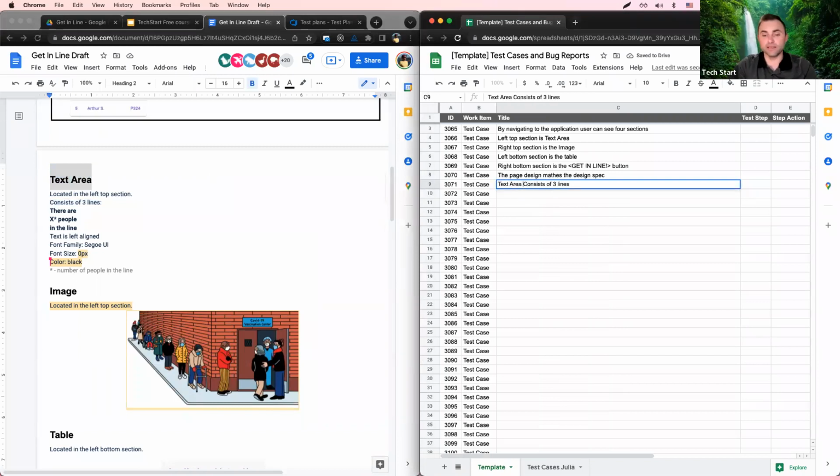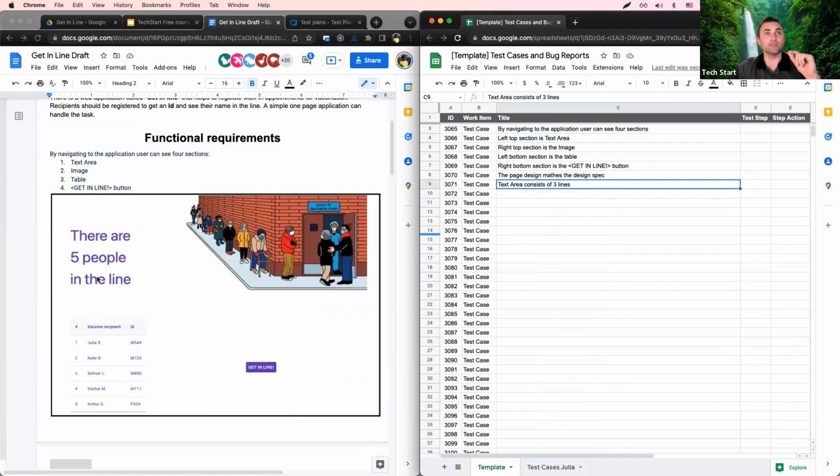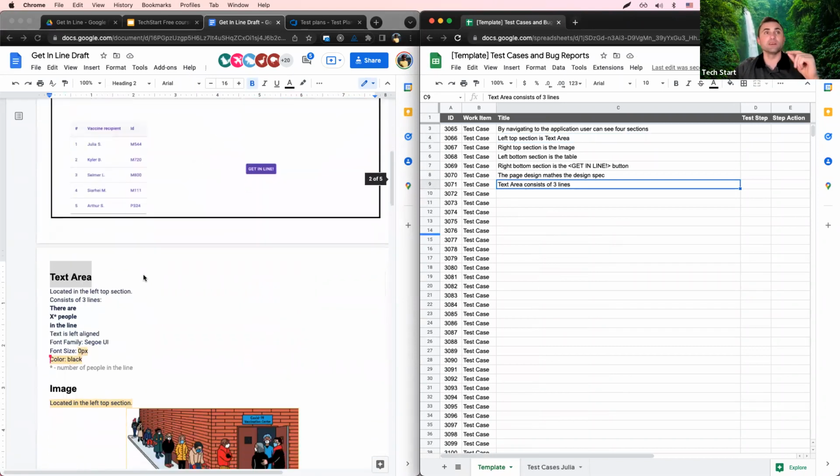That's correct. It should be like this. So your test case should be a complete, understandable sentence. Then once that person tested the text area, they know exactly what the text area is. They just scroll up and see, oh, this is the text area, which consists of 3 lines. And then you can say